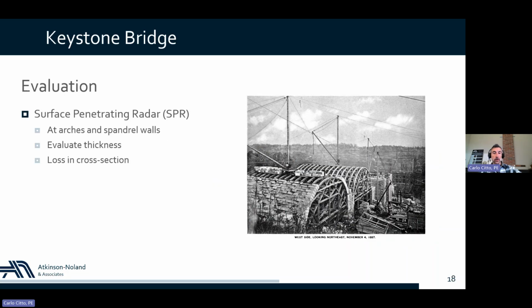As part of the evaluation, we also did some surface penetrating radar, SPR, scanning of the bridge and the spandrel walls in order to evaluate the stone thickness and solidity of the stone masonry. Now, why is this important? Because, especially for the thickness of the arch, that's a parameter that you need for the structural analysis. And you can measure the thickness at the face of the arches, but there is no guarantee that that's the thickness that you have